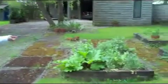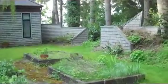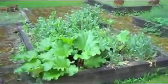Okay, we're back, and I just want to show you that there's two garden areas right here. There's some rhubarb growing right now, and obviously some flowers, and that's about it. Then we're coming up to the house,